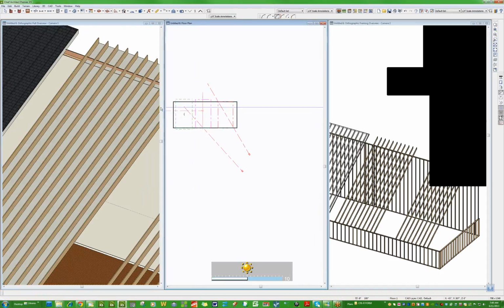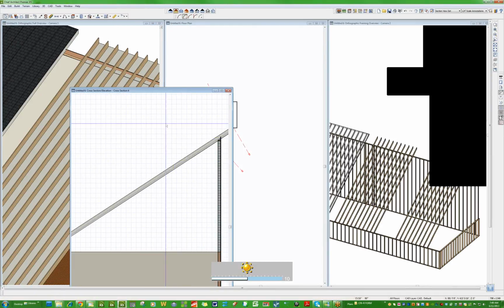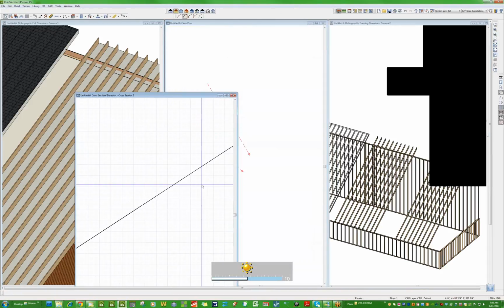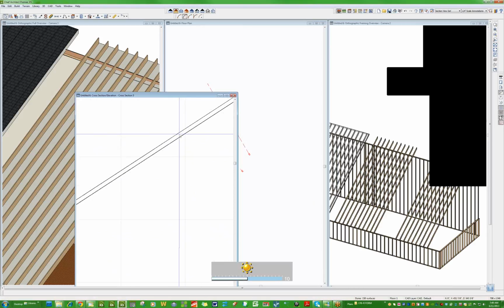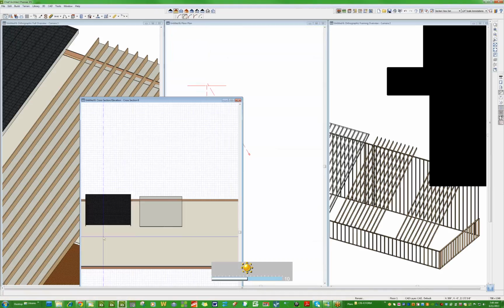You understand that? But if I cut a section through that, I'm going to make sure I do this right. If I cut a section through that, I think I still have a thickness, a double line. Yep, I still have a double line. That's the gypboard. It's 1/16 of an inch thick. It's almost imperceptible, but it's there. Because if I cut a section through this way, this is the point, if I cut a section through this way,